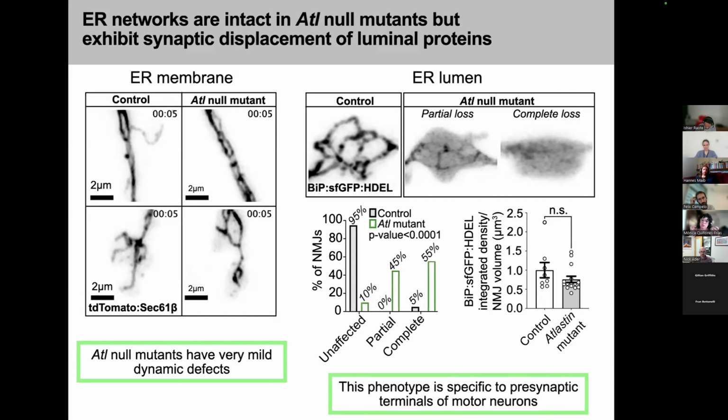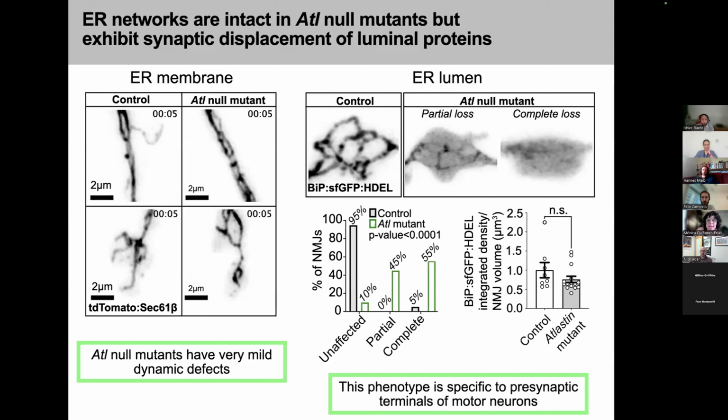And so what's really cool about this phenotype is that it's specific to presynaptic terminals. We looked at the soma, we looked at the axon, and we even looked at different cell types such as the muscle and found that there was no evidence of this phenotype there, suggesting that this is a presynaptic specific